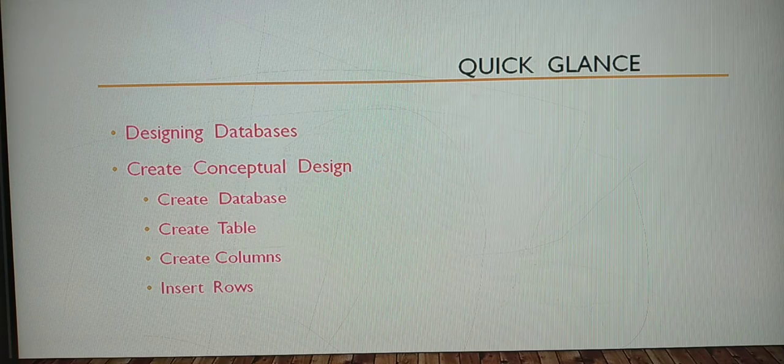Under that we finished create database, create table, create column, and the next one, insert rows. In that we also discussed the syntax for how to insert a row. Similarly, we discussed a small example, ordering a product in Amazon, and what other details you have. So clear with the concept that we have discussed today. Don't forget, before designing a database, you have to plan everything. To have a new database, designing is a must. Based upon the designing only, the performance and the success of an application depend.